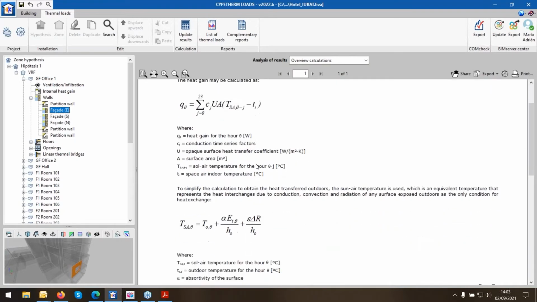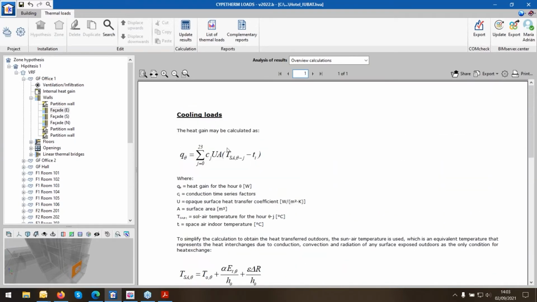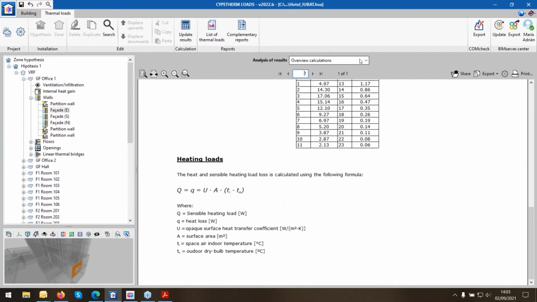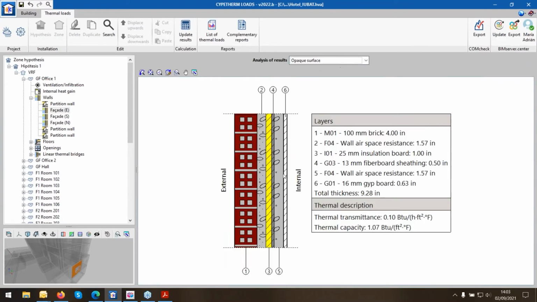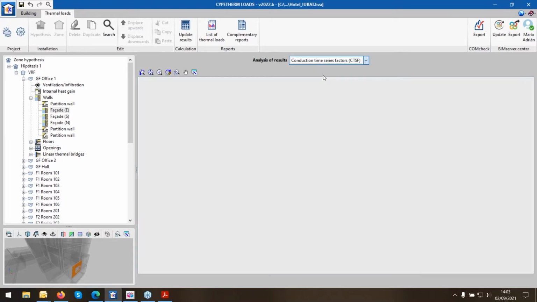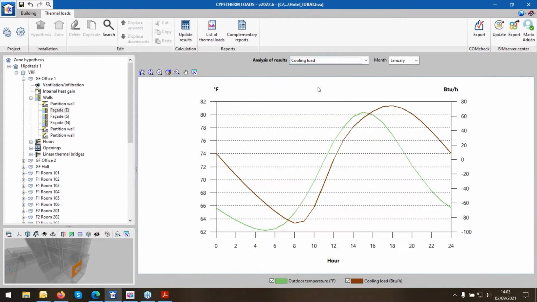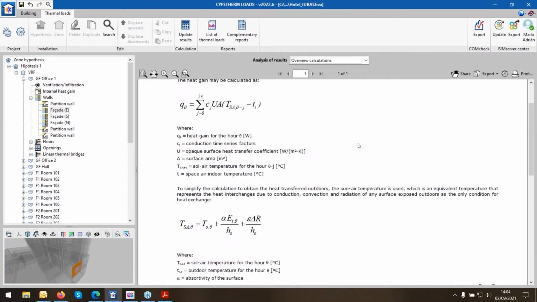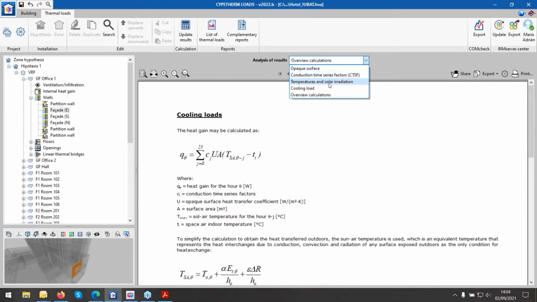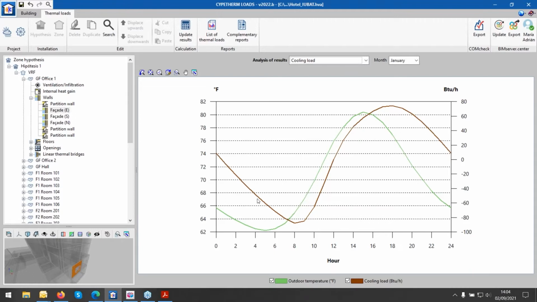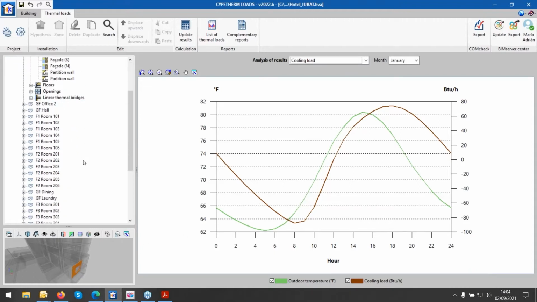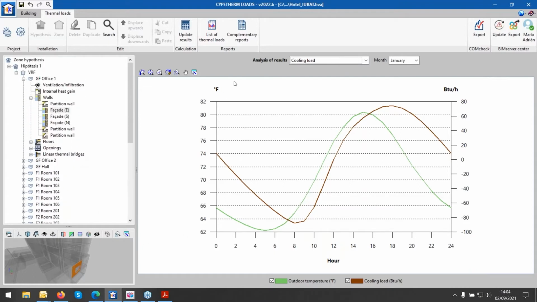You can see not only the equation that we are using, but also the different, well, these are the layers of the facade, but also the graph, okay, temperature and solar irradiation, the cooling load, and, as I said, the equation. But this is the default value, okay? This maybe could be the most interesting part of this. Okay, so, well, more or less, I think I